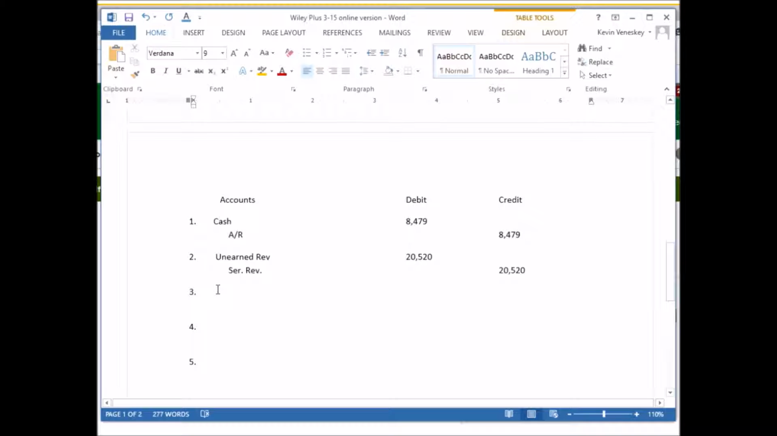So I can fill in my debit and credit here. I got cash for $36,638. And the cash came from my unearned revenue because I haven't actually done the service yet. Now, 3B